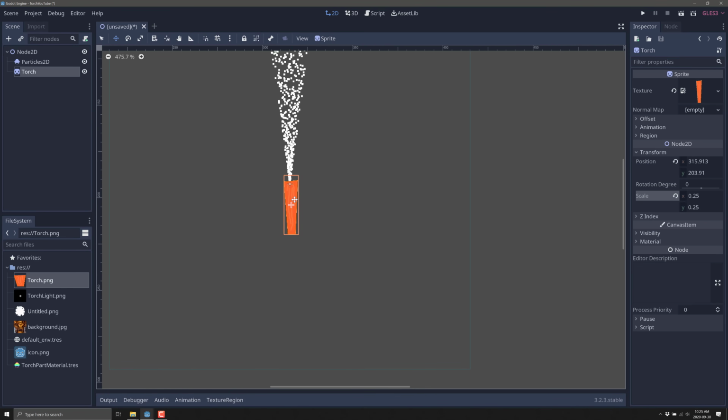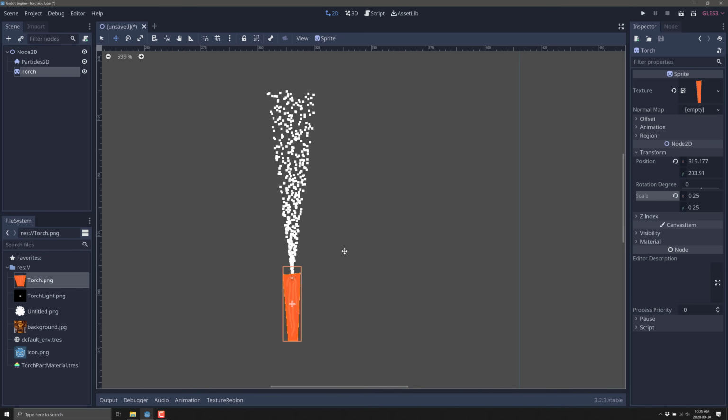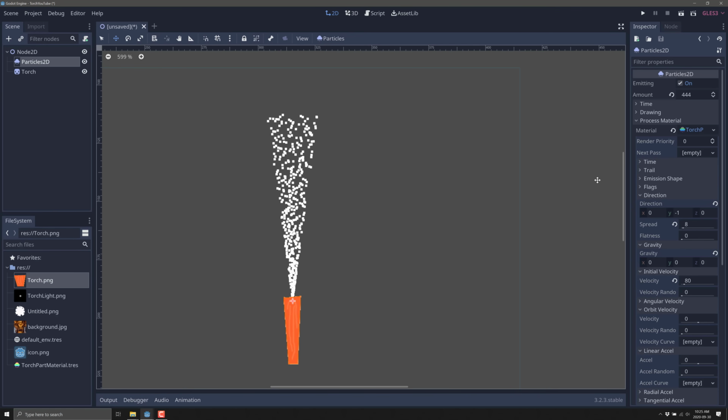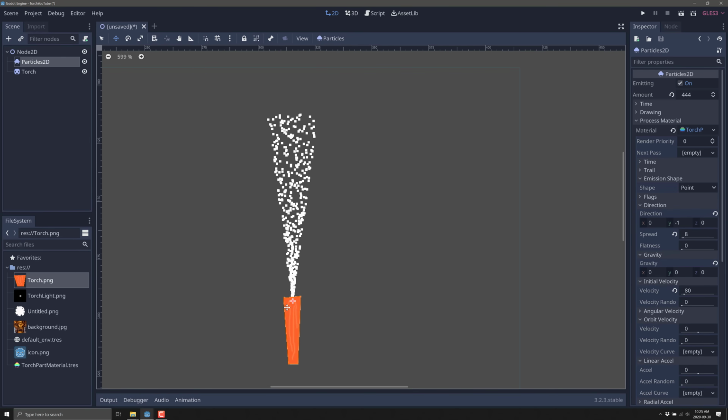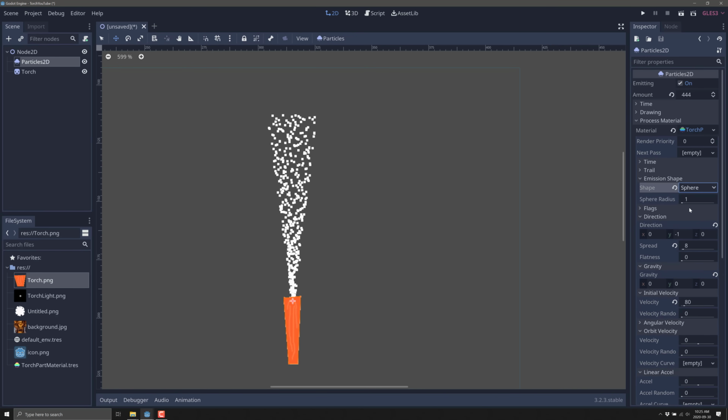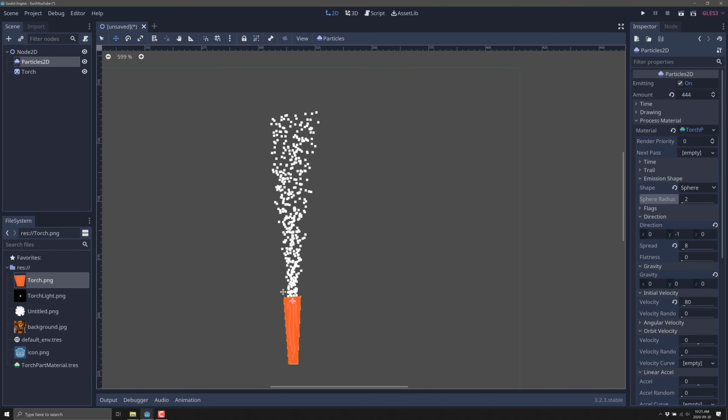Now, you may notice this looks more like a fire hose than it does a torch. Well, that's easily fixed. What we're going to actually do is switch out the emission shape. Right now, you can see they're all coming out from a single point, and that's set right here. We're going to set that instead to a sphere. And now you see it's gotten a little bit more broad, but let's just double the radius of our sphere, and we're looking pretty much close to full coverage of the top of our torch at 2.5. There we go. So we've got a much better look going on right there. We are getting there for sure.